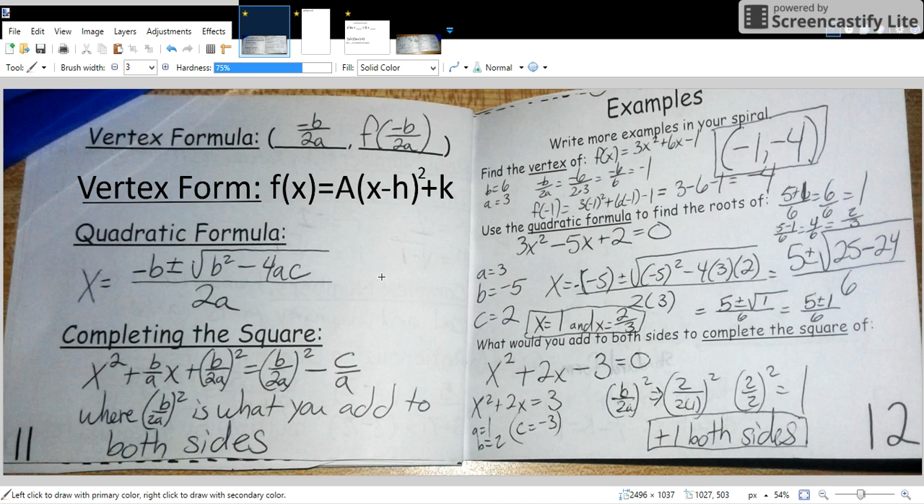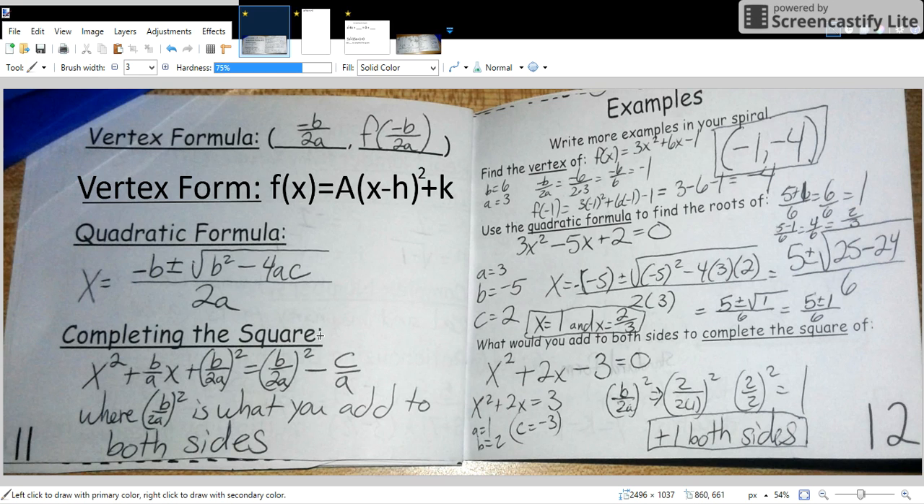So we're still on page 11. Now we're going to be completing the square. So to do that, you first divide everything by a. And the main thing you need to remember is that b over 2a squared is what you would add to both sides. Now, the reasons why you would complete the square is to change it to vertex form